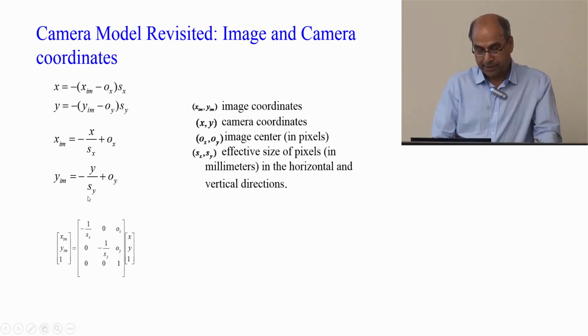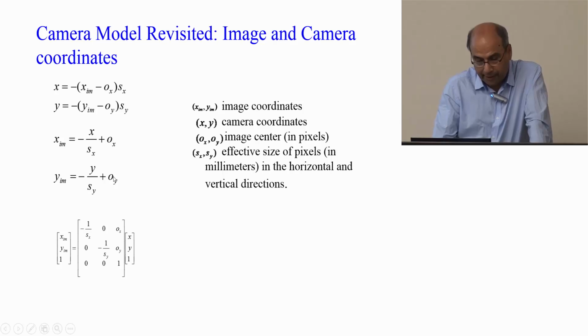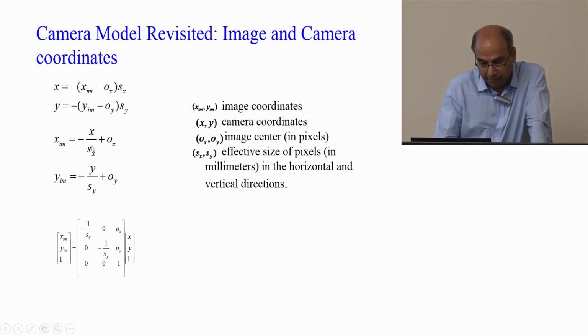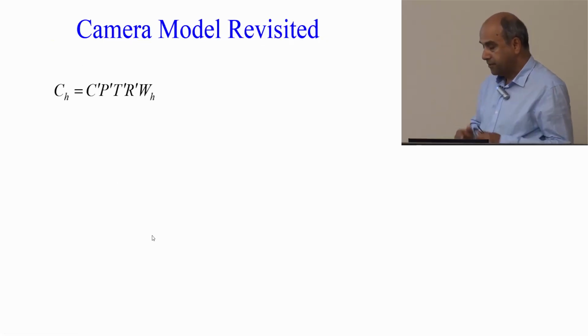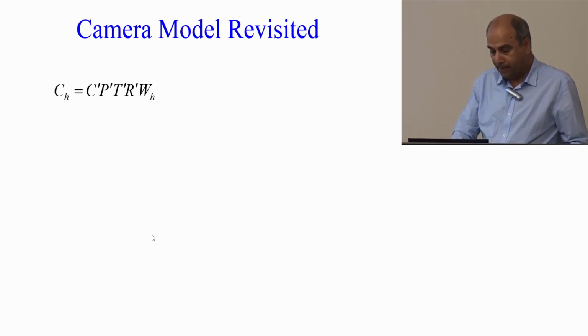So then this can also be written in a matrix form. So we have 1 upon Sx, 1 upon Sy. These are the translations from the center, like that. So what that means now, we can put again these matrices like that,